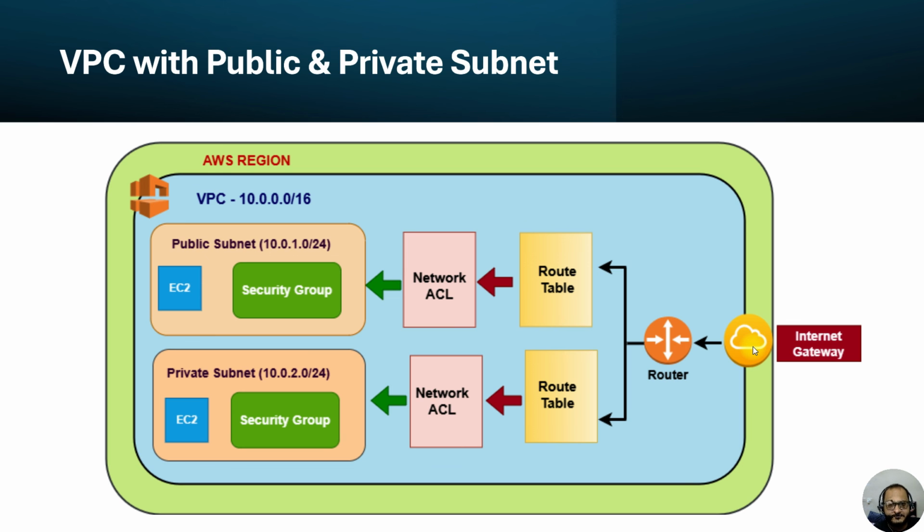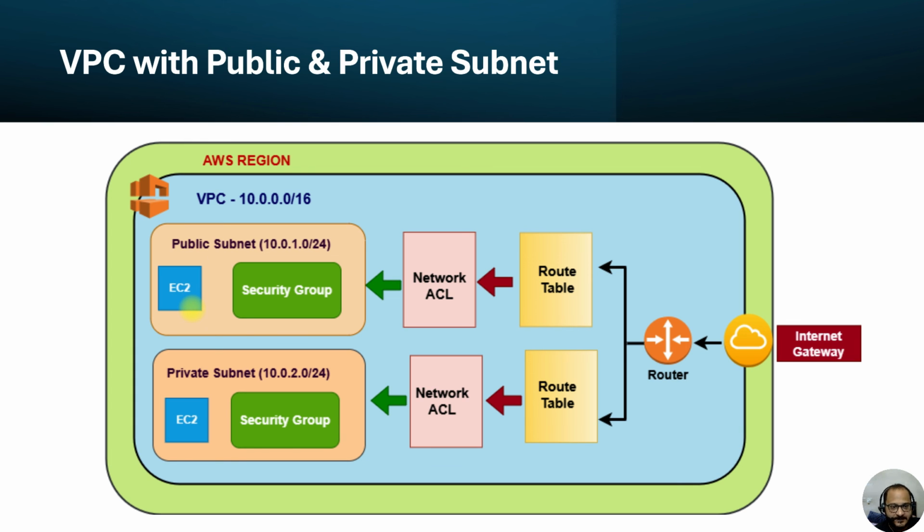So I'll give you a quick example here. Suppose I have hosted my web application on this public subnet, and an end user wants to access this application from their local system. How will traffic flow in this case? Whenever we request to access the application or website URL, it will go through the internet gateway. Then it will go to the router. Then it will go to the route table. From the route table, it will go to the network access control list. Then it will go through the security groups, where we allow inbound or outbound rules. Then it will go to the particular EC2 instance or the service where we have hosted our